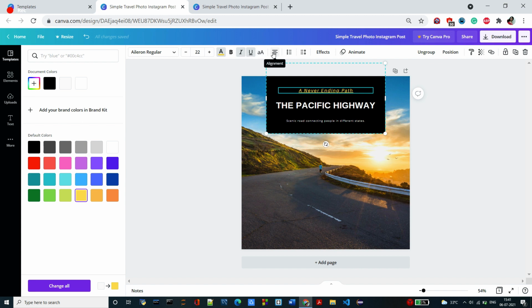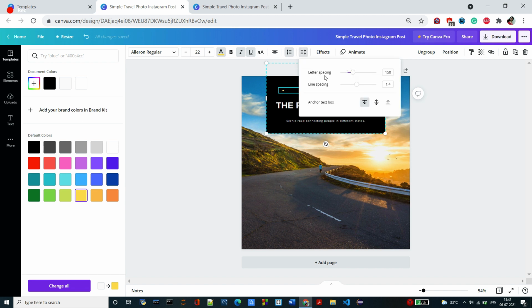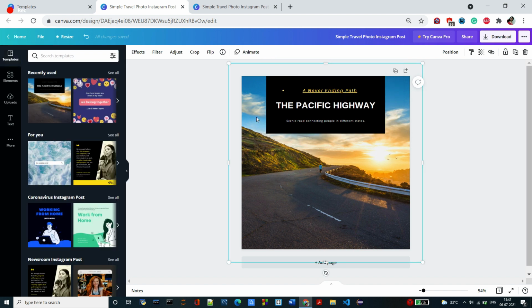And this one is for the alignment. Like if you want to align the text, you can just click on the alignment, and the style will be aligned to that format. Let's say I want it to be center aligned. This one is for the list. Like if you want to make a list, so this is list, the bullet is of circle. Again here is the spacing option. Like if you want to add spaces between the words or lines, you can use this. Like if you select the letter spacing, the space will be more between the letters, and the space will be more in the line between the lines.